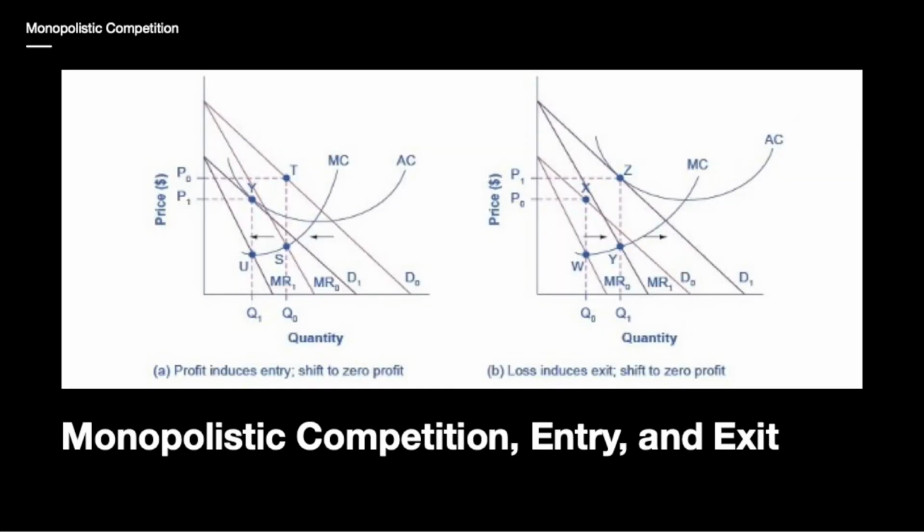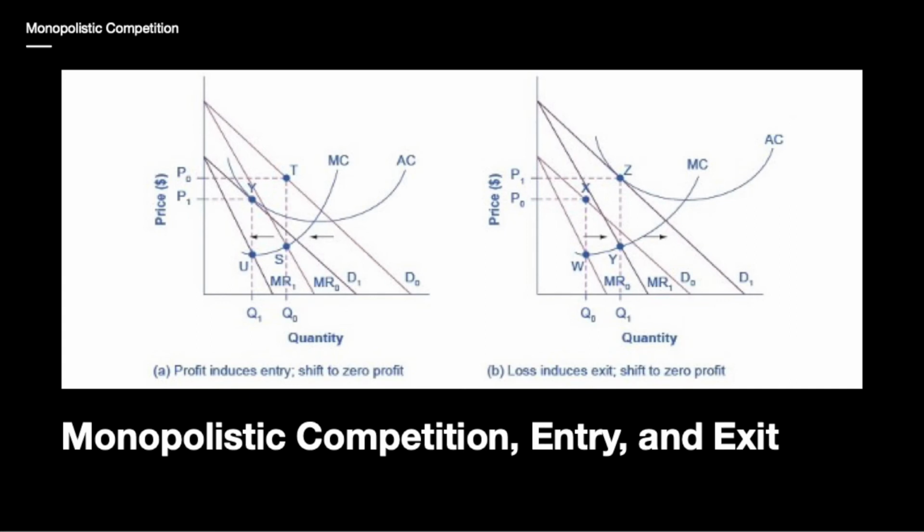Monopolistic competition, entry, and exit. At P0 and at Q0, the monopolistically competitive firm shown in this figure is making a positive economic profit. This is clear since if you follow the dotted line above Q0, you can see that the price is greater than the average cost. Positive economic profits attract competing firms to the industry, driving the original firm's demand down to D1. At the new equilibrium quantity at P1 and Q1, the original firm is earning zero economic profit, and the entry